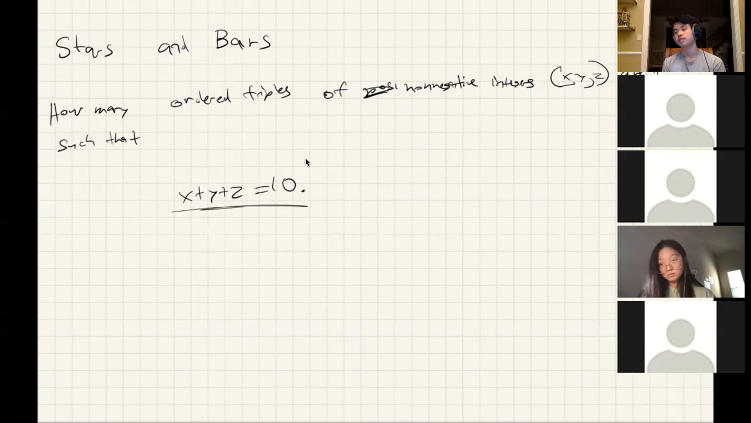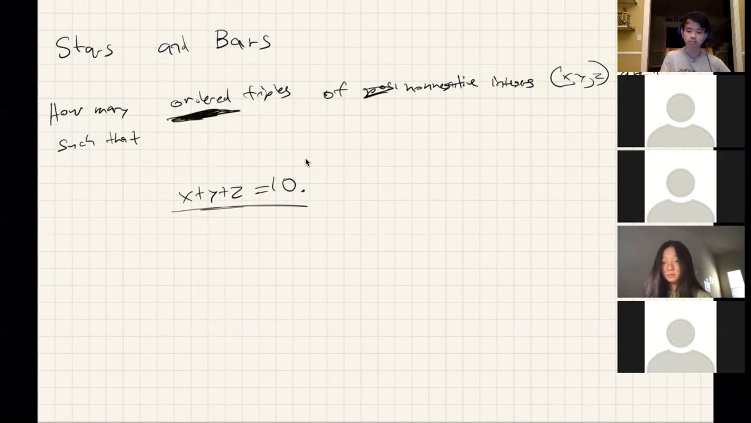So obviously you can just bash this out and count directly how many ordered triples of non-negative integers sum to 10, but that would be a stupid idea, and you'll be there for a long time, and you'll probably get the wrong answer as well. But there is a very smart way to count the number of ordered triples of non-negative integers with this property. And the first thing you have to do to find out how to count this effectively is to note that